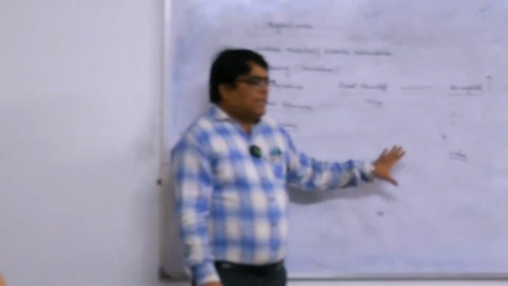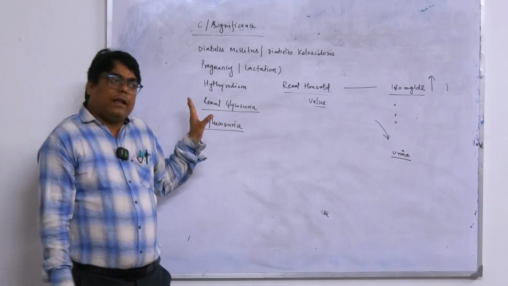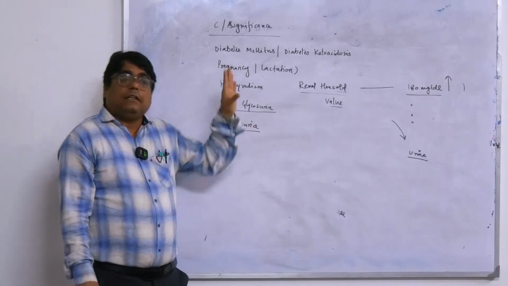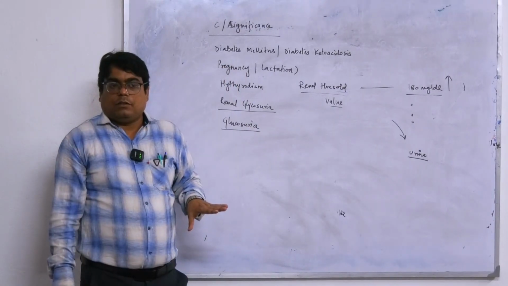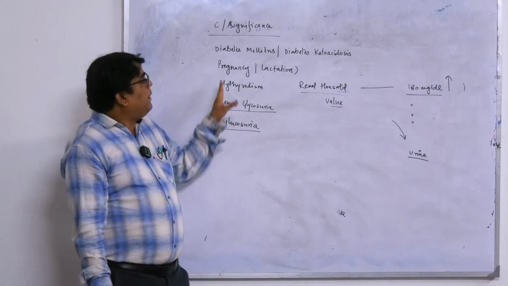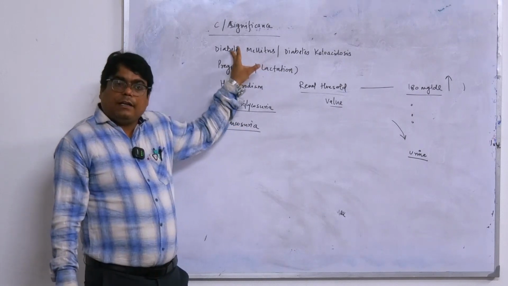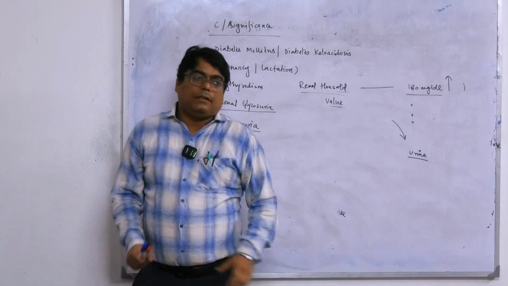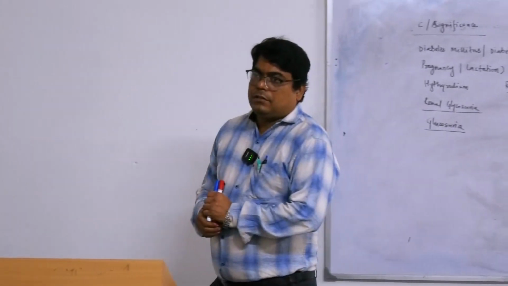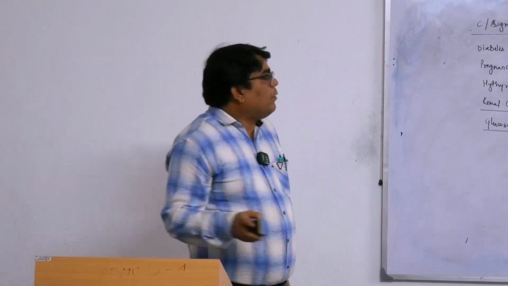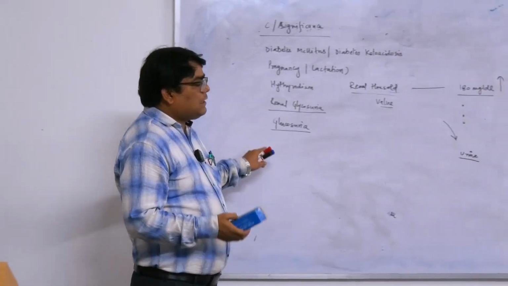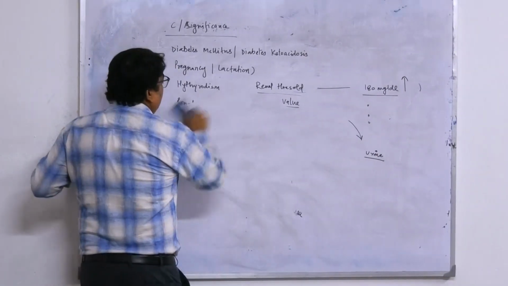It is called renal glycosuria when it is not related with metabolism. When it happens in the case of metabolic disorder, it is called diabetes mellitus. Okay. So this is the very important clinical significance of this test. Now,